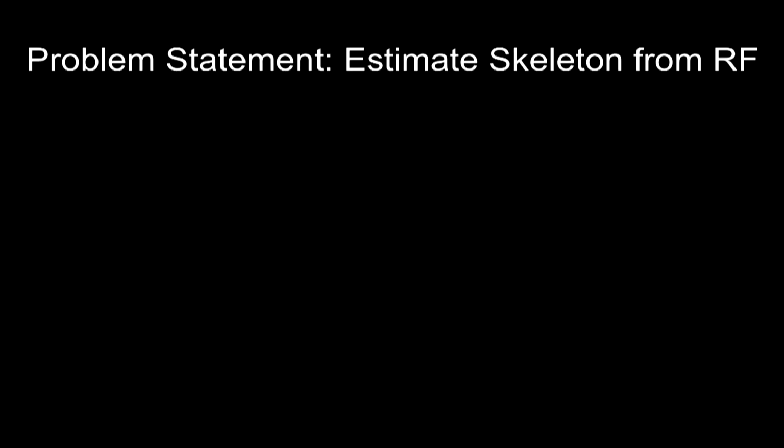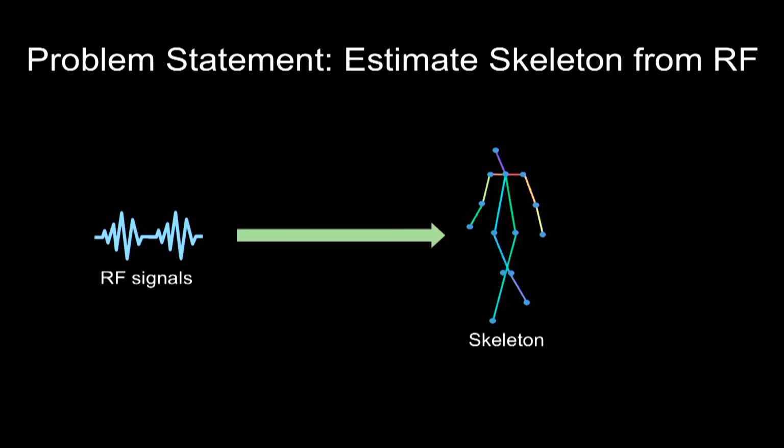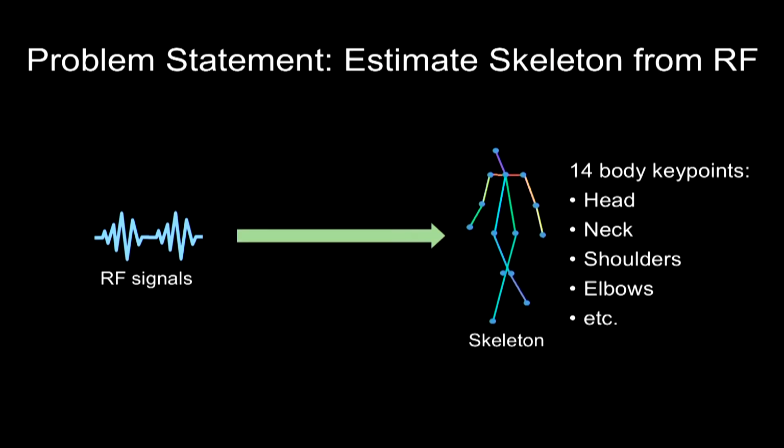Okay, let's start. Before getting into the details, it's very important to make sure that we all understand this problem. The problem statement is that we're going to take an RF signal and try to spit out the skeleton. But what does it mean to spit out the skeleton? It means effectively we are spitting out the exact 3D location of key points of the human body. A key point is something like your head, your leg, your shoulders, and your elbows. A skeleton is all of those key points, as opposed to a single dot you would get in the old systems.